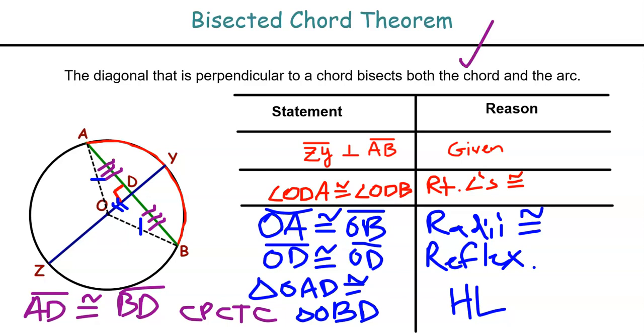Well, we can't say anything about the arcs directly because they're not a part of our congruent triangles. But we can remember that arcs and central angles are congruent. Congruent central angles create congruent arcs, and congruent arcs create congruent central angles, and recognize that we have two central angles in our two congruent triangles. Therefore, what we can say, moving up above the circle here now, is that angle AOD